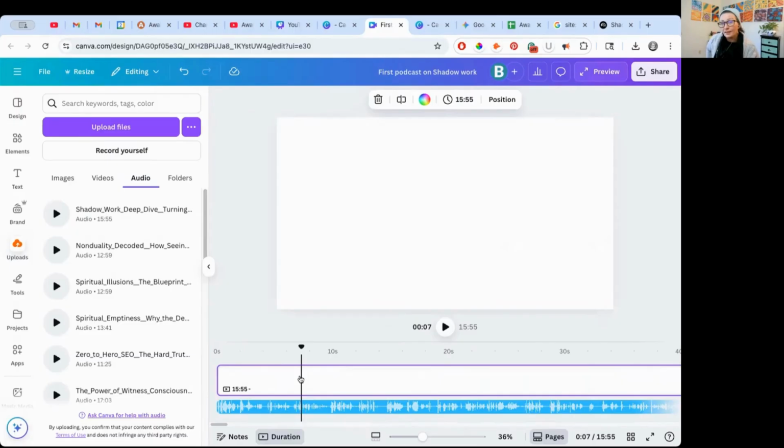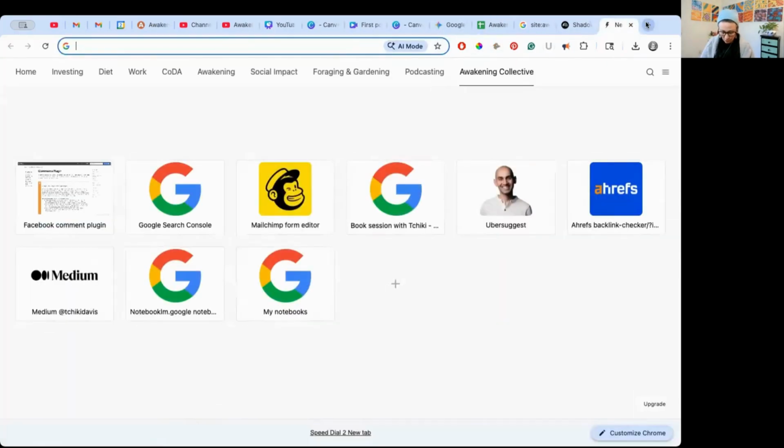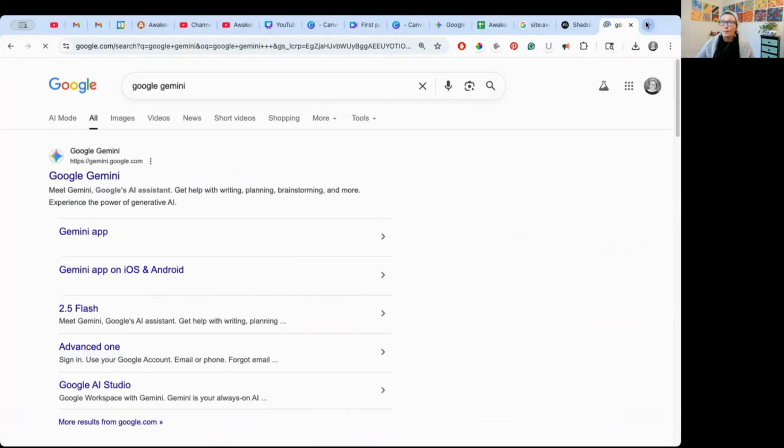And so I've created some AI podcast characters for my podcast. And how I do that is with Google Gemini. And I can go into how to, well, let's just do it now. So if you just Google search Google Gemini, and then you just